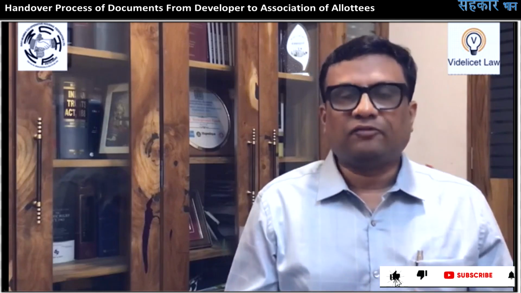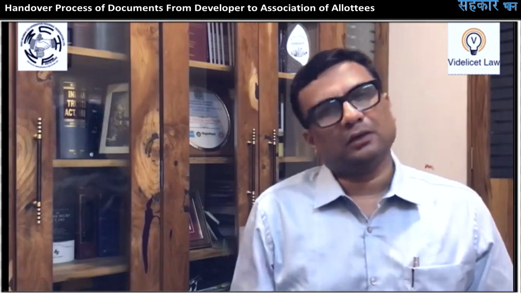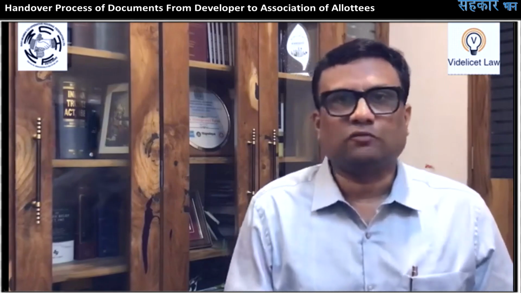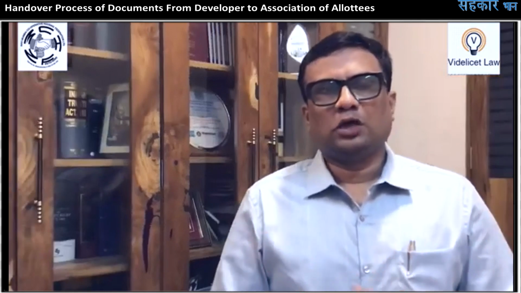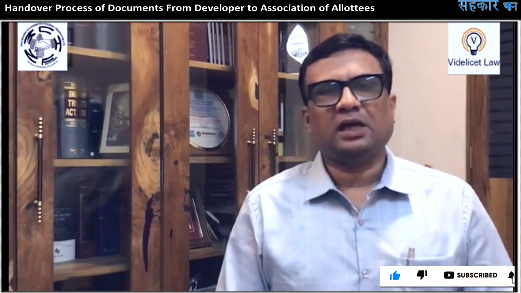So when the occupation certificate is there and it's time for completion and handover process, the draft conveyance deed also needs to be shared with this legal body, that is a cooperative housing society, or it may be an association or company. And with this draft deed of conveyance, all these documents, this draft deed of conveyance needs to be executed within the stipulated time. The stipulated time frame as per RERA is 3 months, and as per the State Act, as per MOFA, it is 4 months.